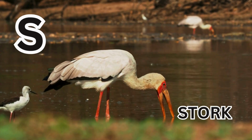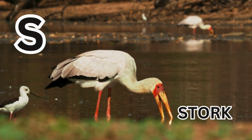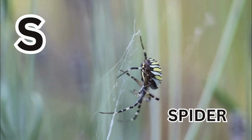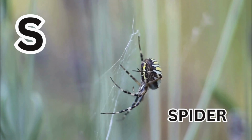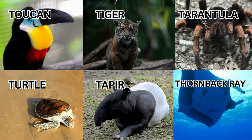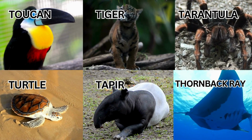S is for stork. S-T-O-R-K. Stork. S is for spider. S-P-I-D-E-R. Spider. Welcome to our colorful journey through the animal kingdom, where we meet 10 adorable baby animals with alphabet